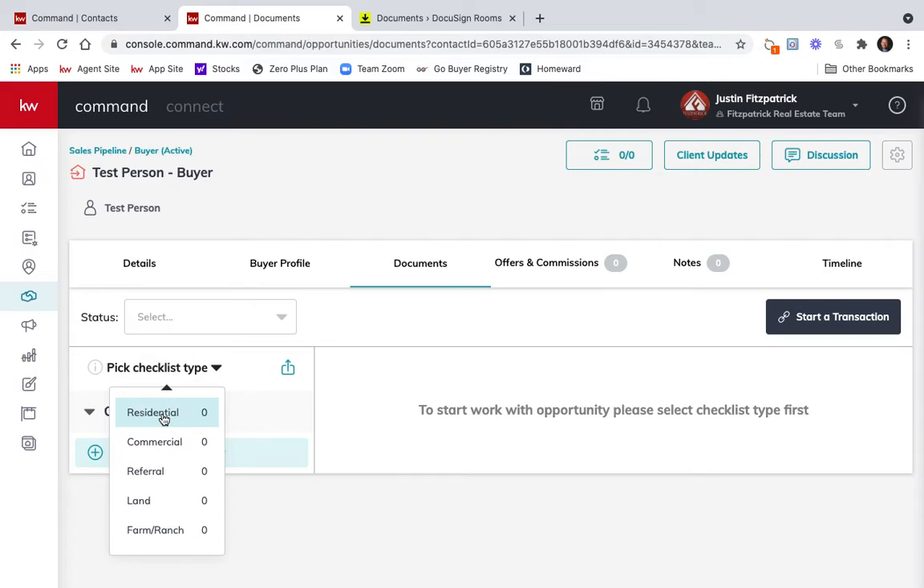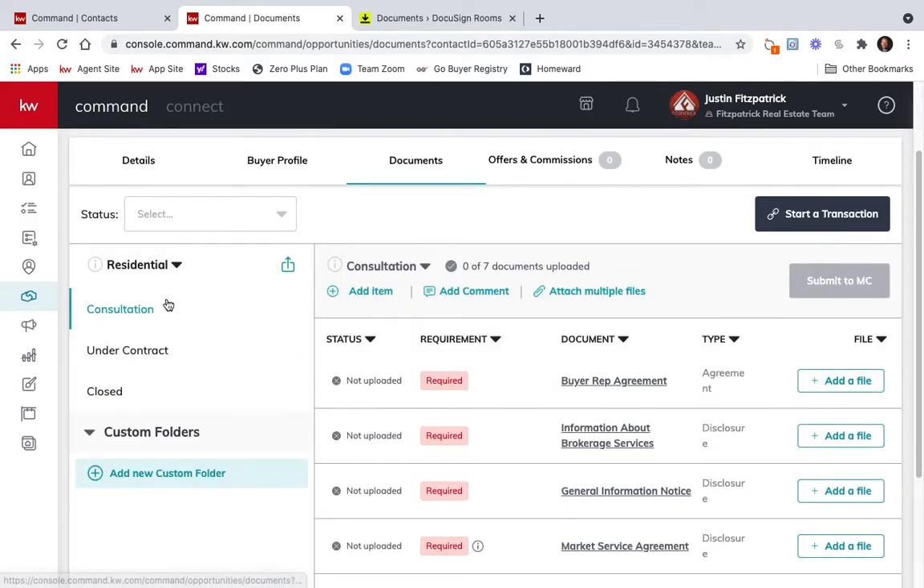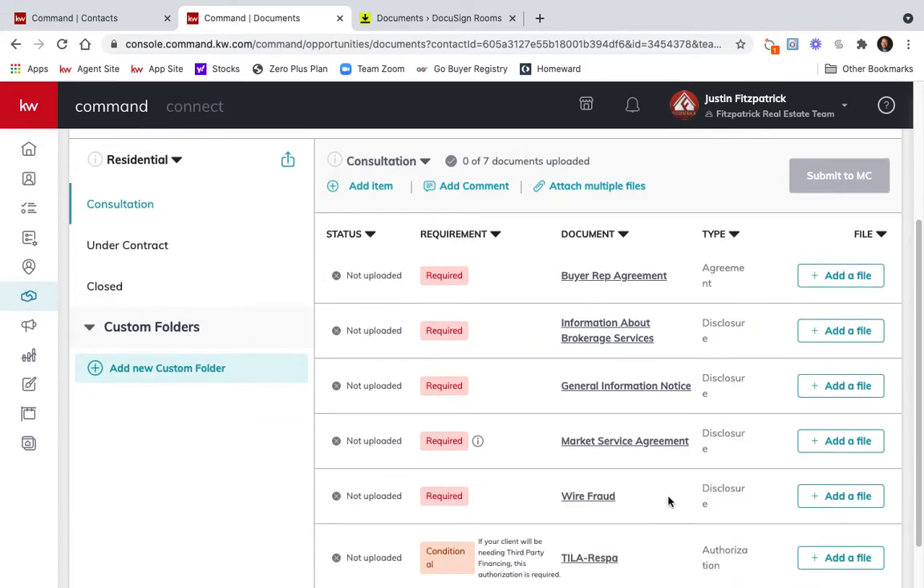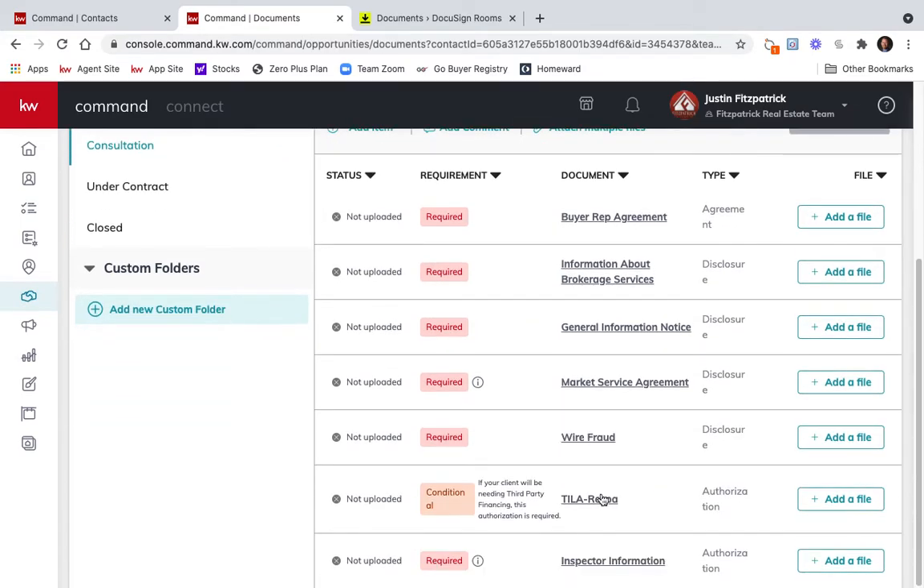for a residential transaction. Go ahead and select residential, and now you can see you're given 3 different fields here: consultation, under contract, and closed. So right now we're under the consultation section, which is showing us on the right hand side here what different forms are required. We need a buyer's representation agreement. We need information about brokerage services, general information, notice to buyer, marketing service agreement, and wire fraud. Down here we also need our inspector information form, and for conditional approval we do need the TILA-RESPA integrated disclosure. So these are everything that we need up front from our buyers when we are making